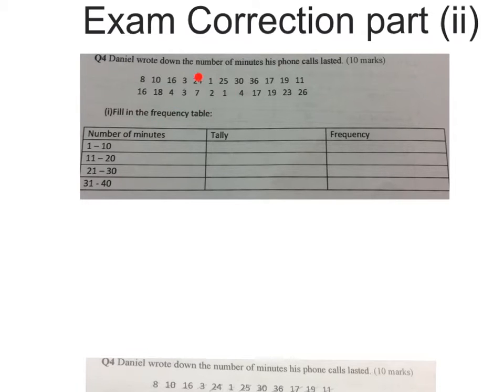And frequency, it just means how many times has it occurred, but you also need to add in a tally chart as well. So the first one is any number between 1 and 10. So how many numbers are between 1 and 10? So we have 1, 2, 3, 4,